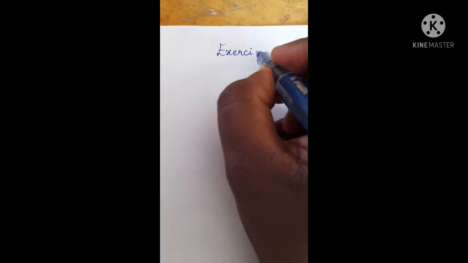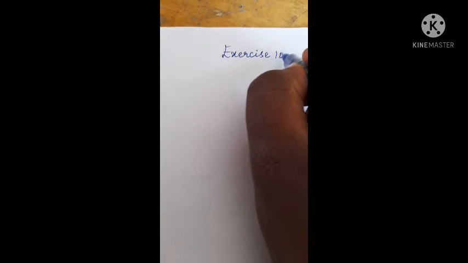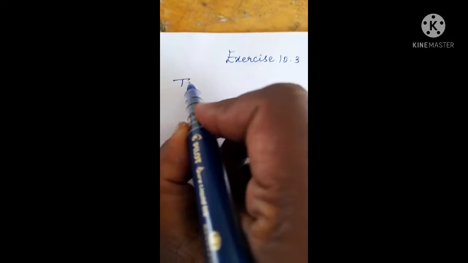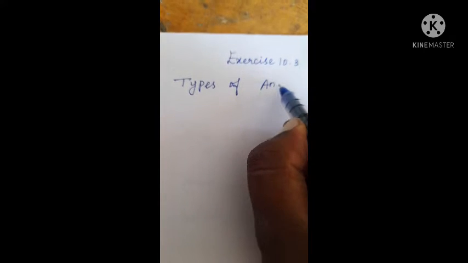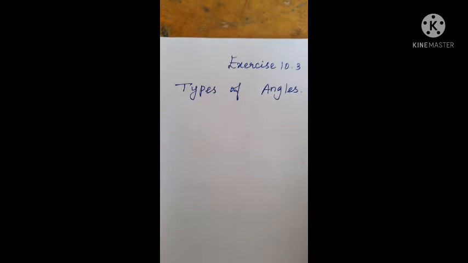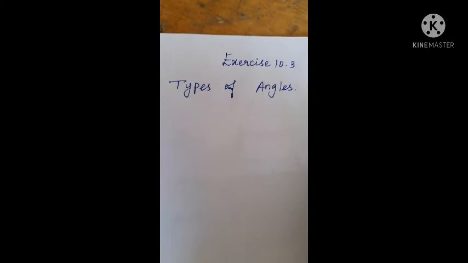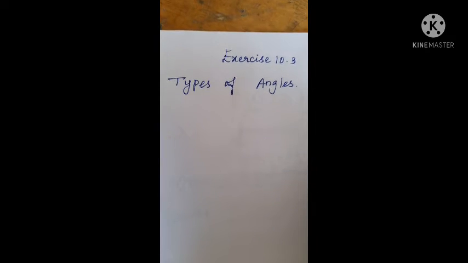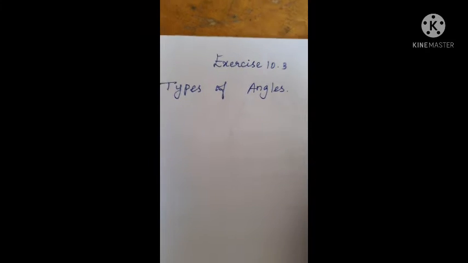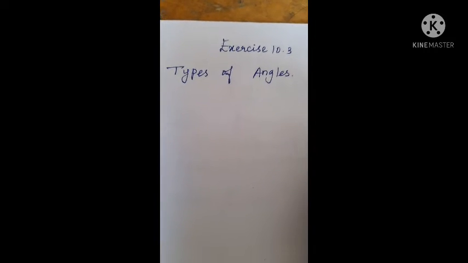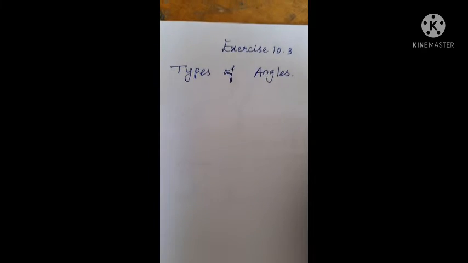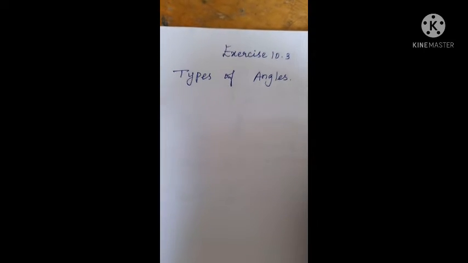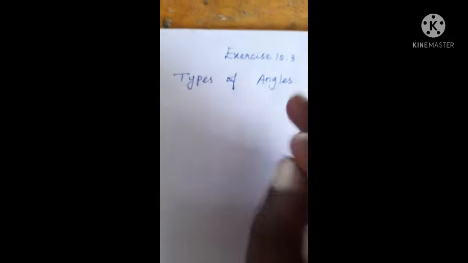Exercise 10.3, types of angles. Actually, we know that yesterday we have seen angles measured using a protractor. We need to use the protractor to measure the angles. Now in the types of angles,